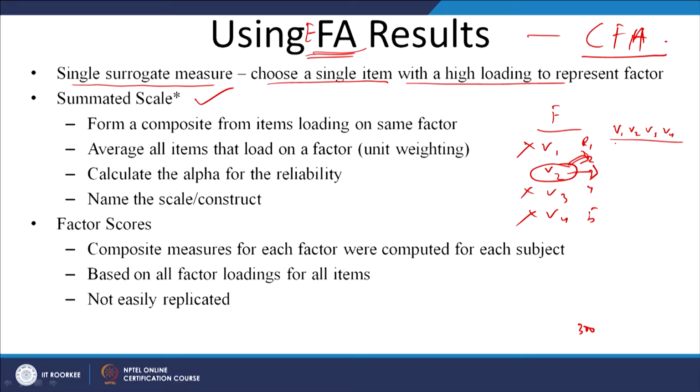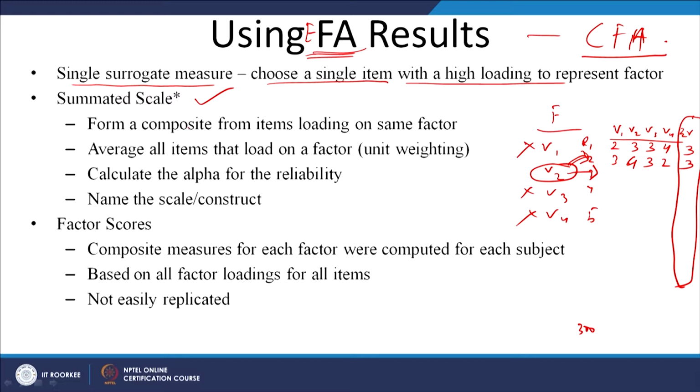Let us say respondent 1 has given V2 as 3, 3, right, then let us say 4. Then you create a new column, let us say summated V, and give it a name. What is the average of this? The sum is 12, and 12 by 4 is 3. Similarly, for respondent 2, suppose 3, 4, 3, 2, again it is 3. So you can find out, and finally take this column and use it later on.